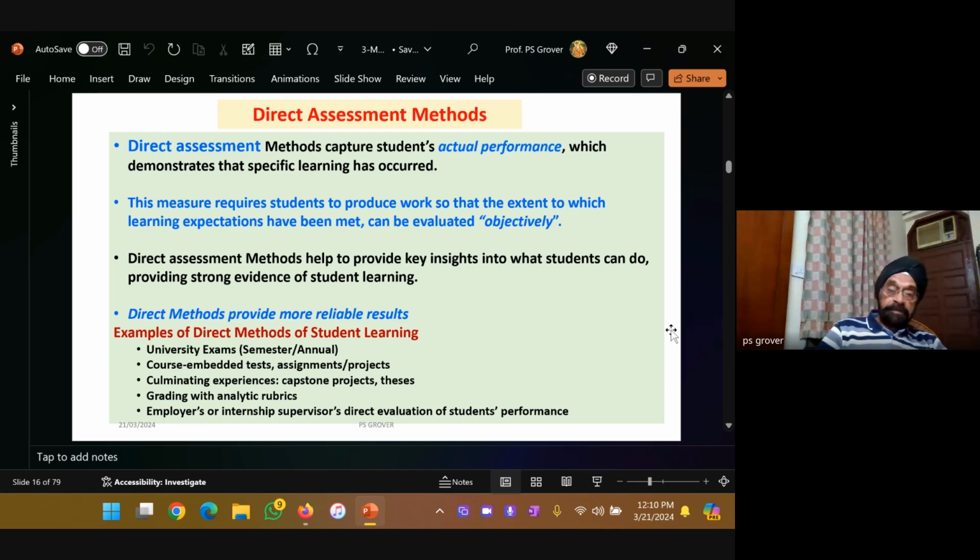So, in outcome-based education, we define assessment of two types: direct assessment and indirect assessment. Direct assessment methods capture students' actual performance, which demonstrates that specific learning has occurred. Actual performance means the student has produced some work, maybe a question or answer sheet, maybe a record book, maybe a project report, and so on. So the direct method requires the student to produce work so that the extent to which learning expectations have been met